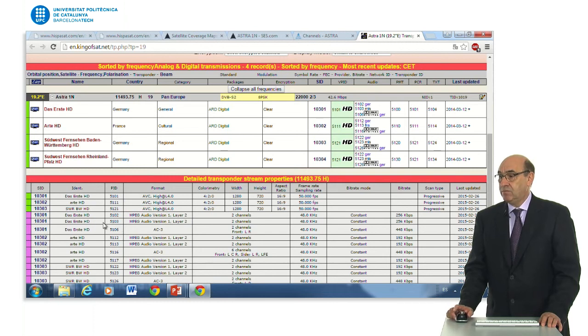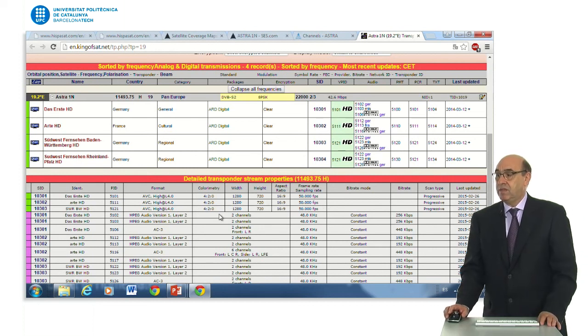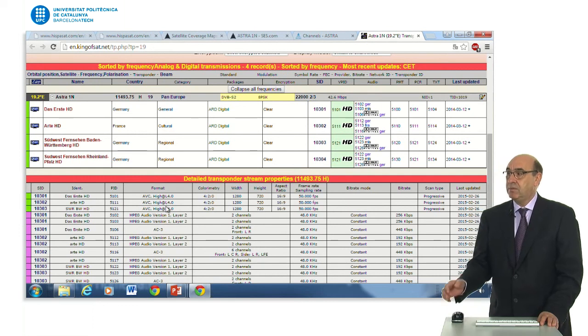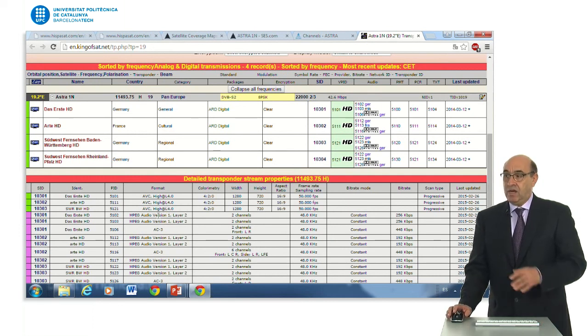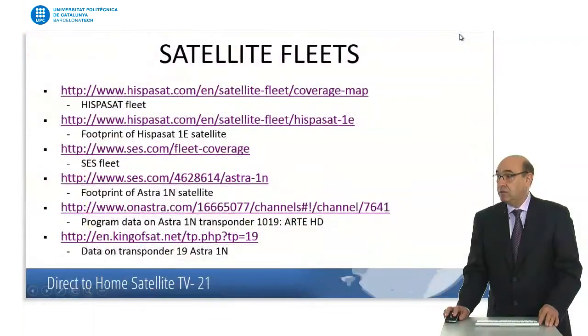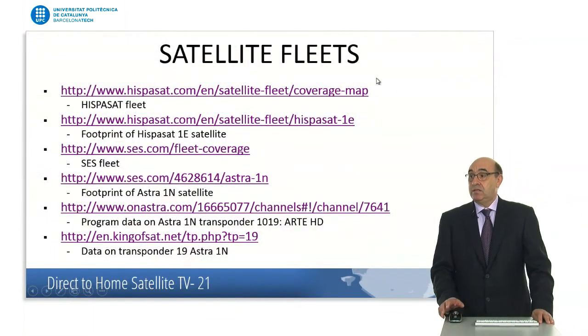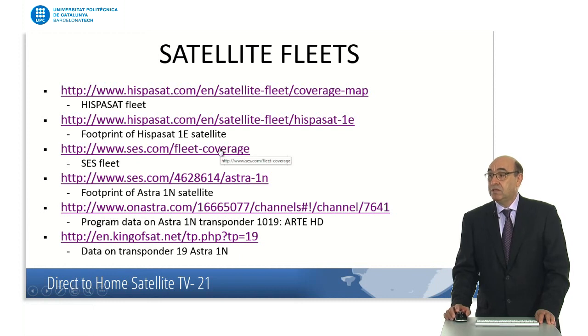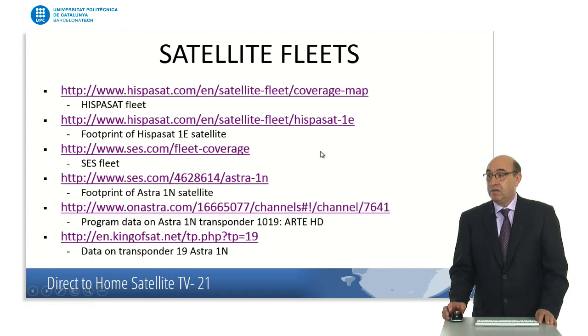And if you just move down, then here you will also have some other parameters on the signal that is being broadcast by those satellites. So you can have plenty of information regarding the programs at any time and the satellite. There are some other places where you can find information, but this is just to show you a little sample of the places where you may look for this information. And that's what we are going to use in the next study, where we're going to just use this satellite and this particular program, and we are going to study in detail